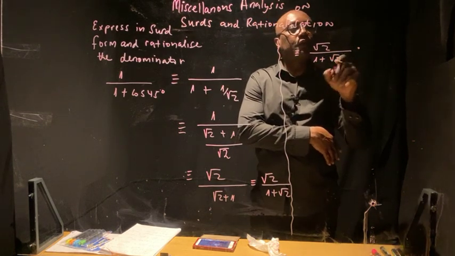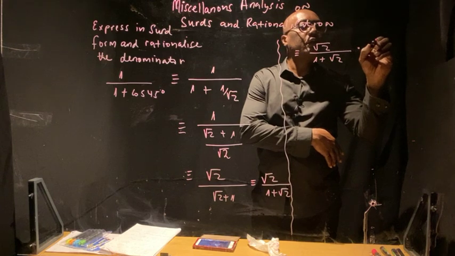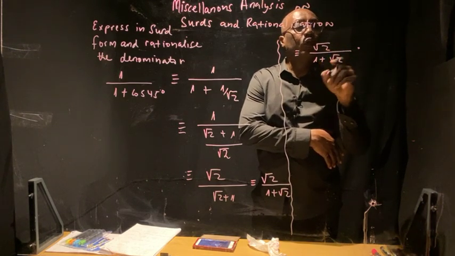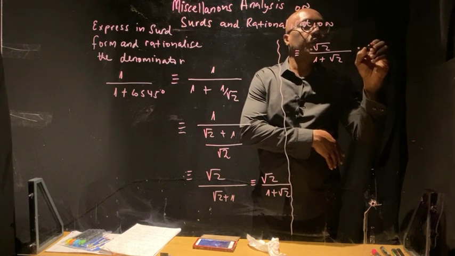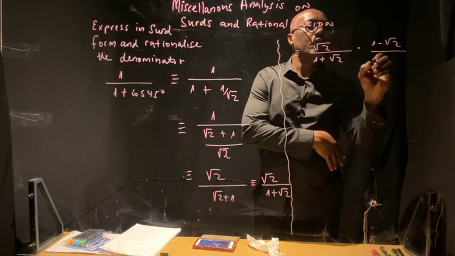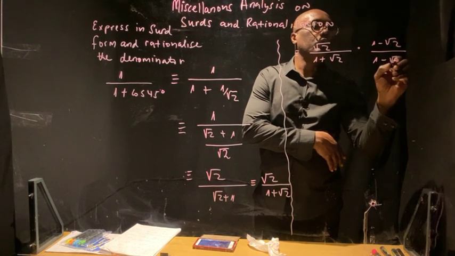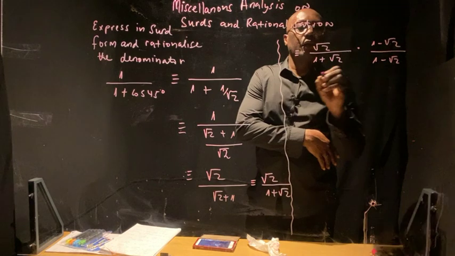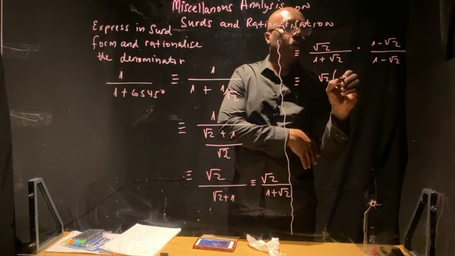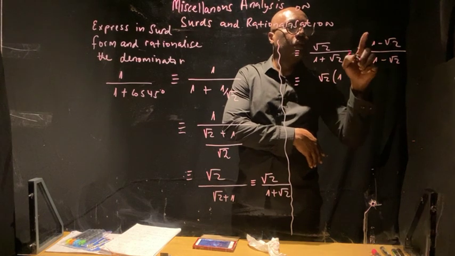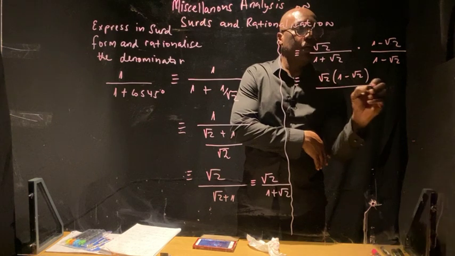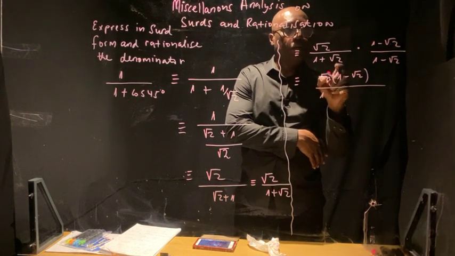If you rationalize it, the numerator is going to stay the same, but the denominator, you rationalize it, it becomes 1 minus root 2 over 1 minus root 2. Then, this is no different from root 2 being multiplied to 1 minus root 2 over 1 plus root 2